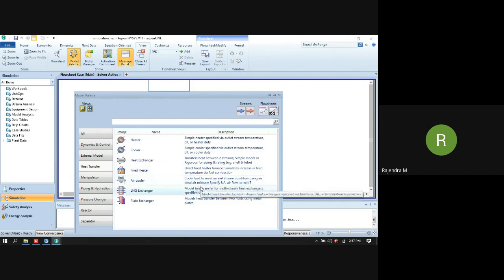Then we have the LNG heat exchanger. What is the use of this LNG heat exchanger? It models heat transfer for a multi-stream heat exchanger, when we have multiple inlet streams and multiple outlet streams. Usually it is used in refineries and liquefied natural gas.